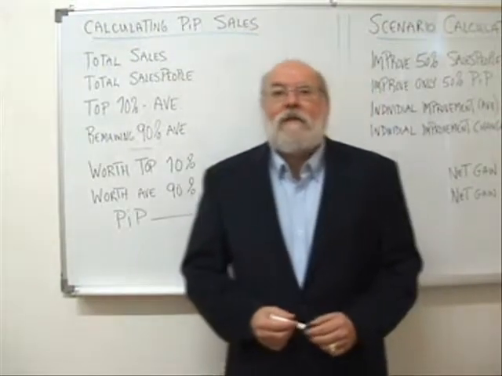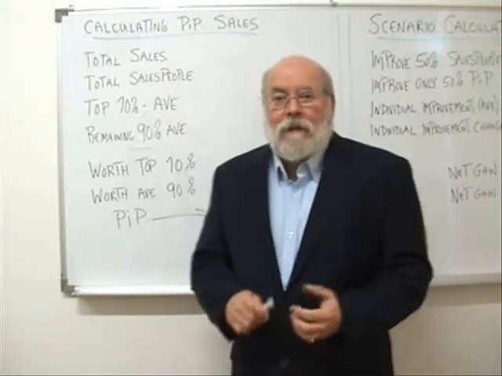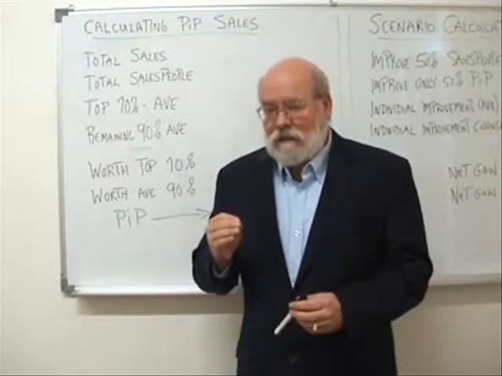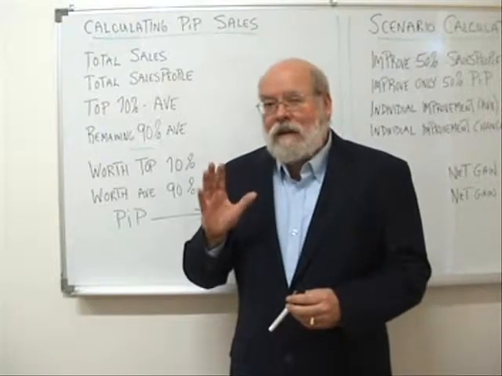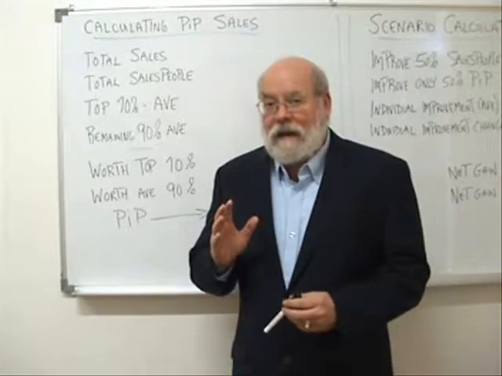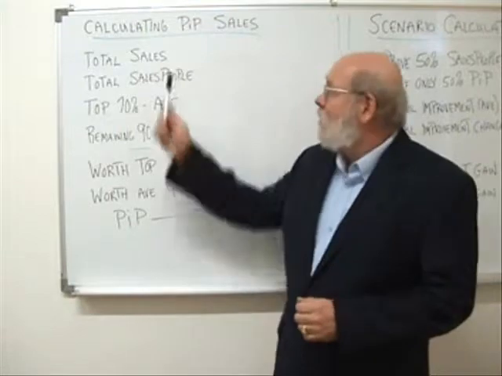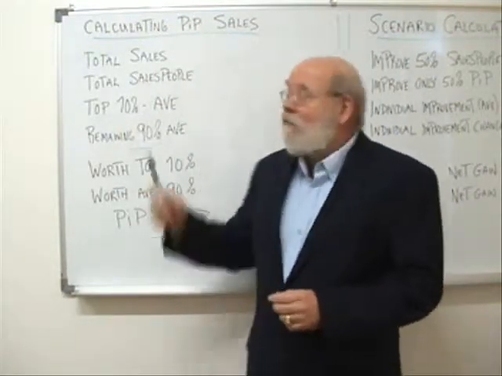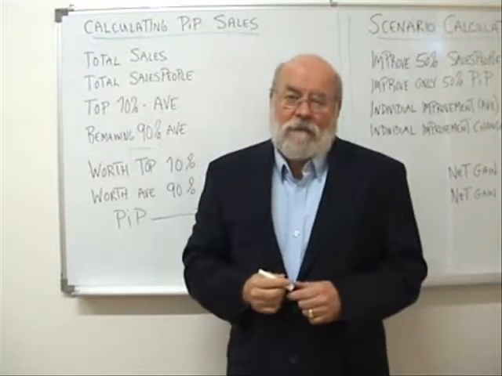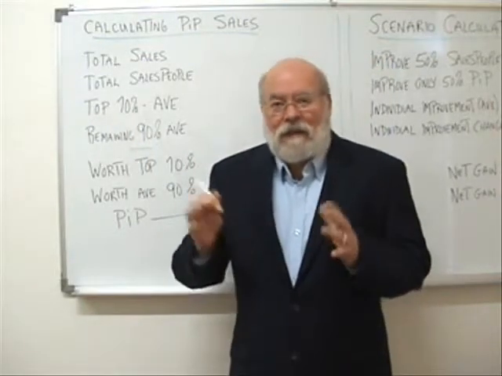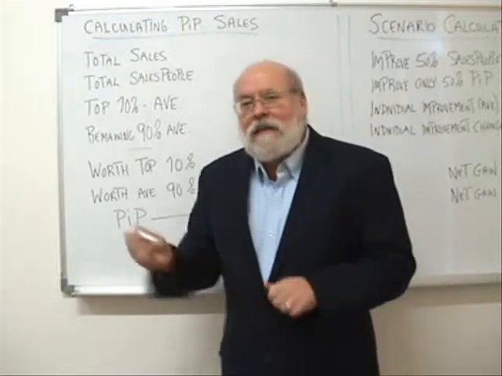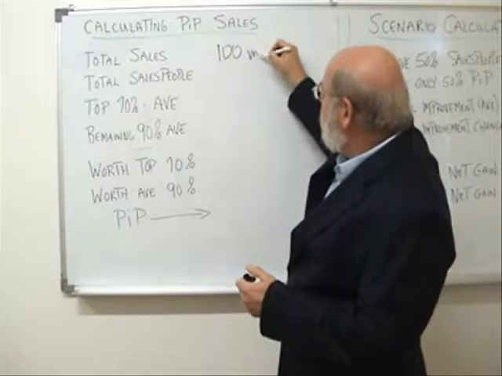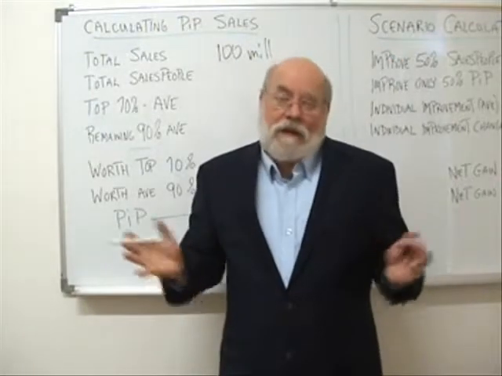Okay, so let's start with our first example now. Remember, what we're trying to do is take a look at, before we do some kind of intervention, to try to determine, in fact, what kind of potential impact we might have. So for this first case, we're calculating a potential to improve performance for a sales situation. So in this case, let's say we have a company that has a particular product line that they're selling, basically revenues of about 100 million for this particular product, okay?